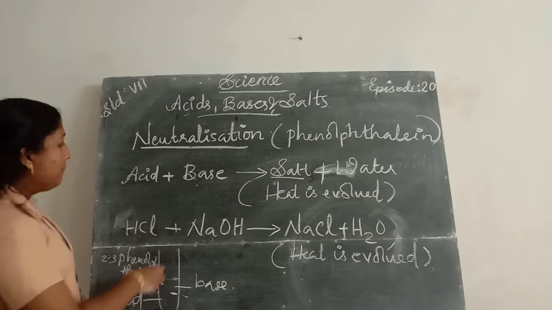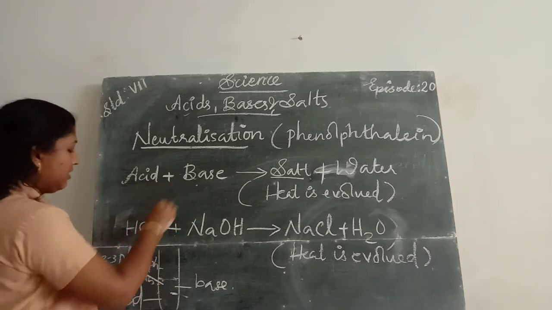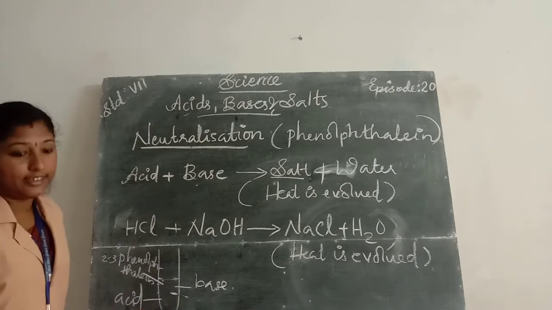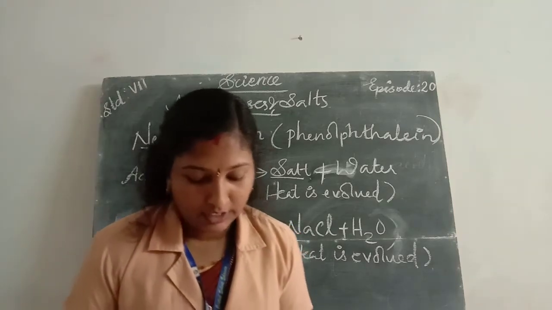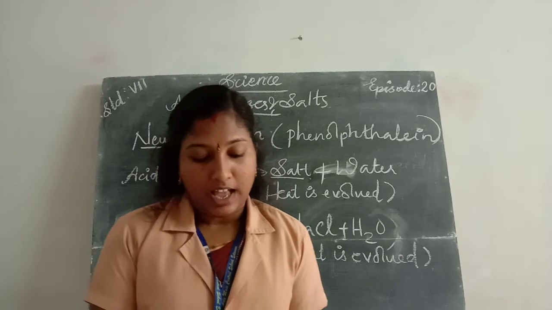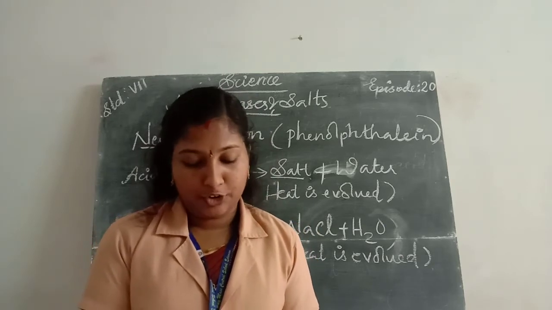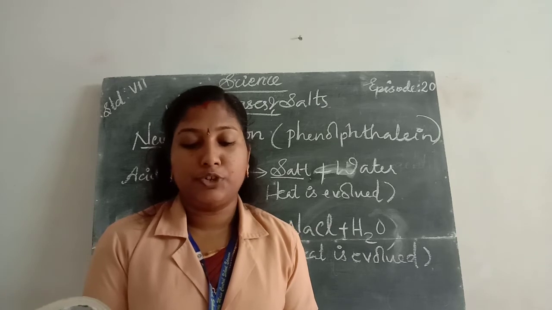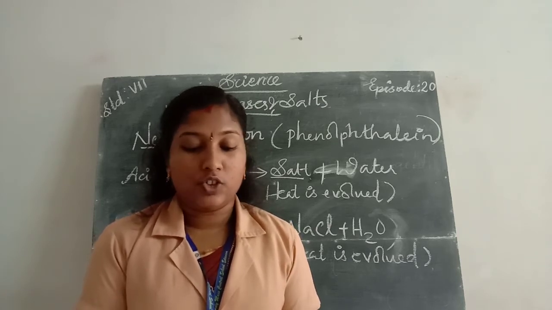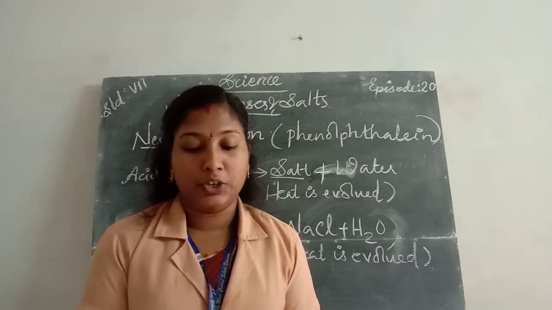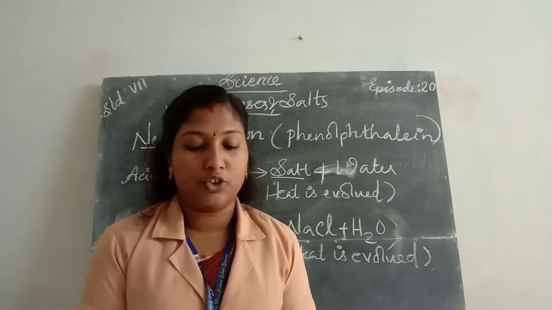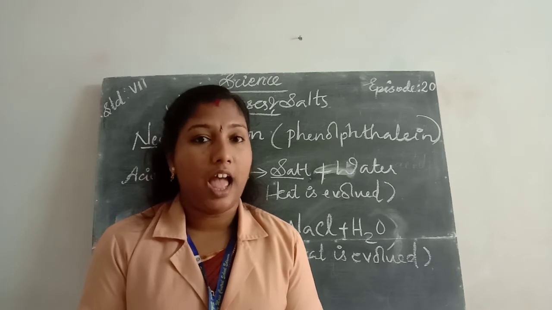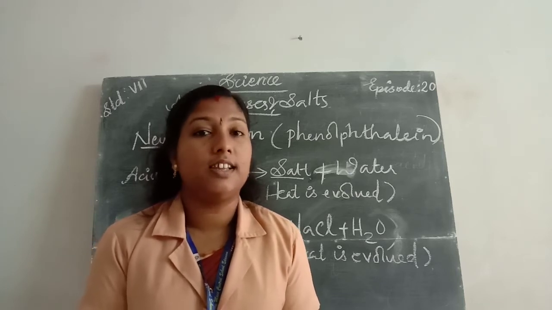Okay, all of you listen here. First of all we take a test tube, then add acid into the test tube. Add to the acidic solution a drop of sodium hydroxide solution by a dropper. Stir the tube gently. Is there any change in the color of the solution? Continue adding the sodium hydroxide solution drop by drop while stirring till the pink color just appears.